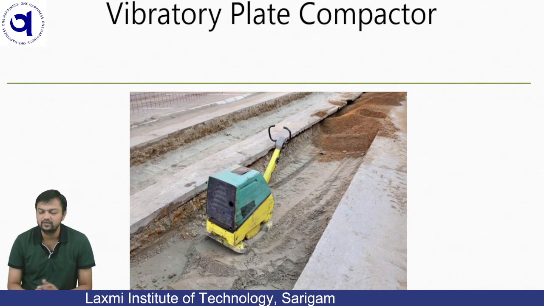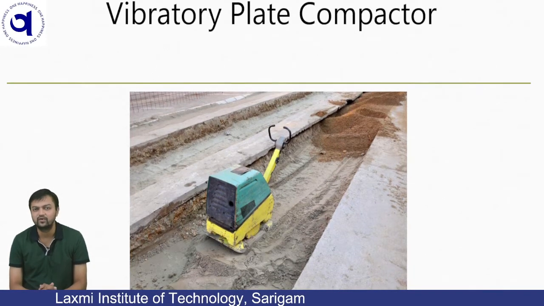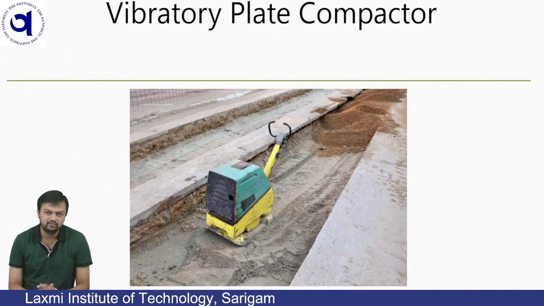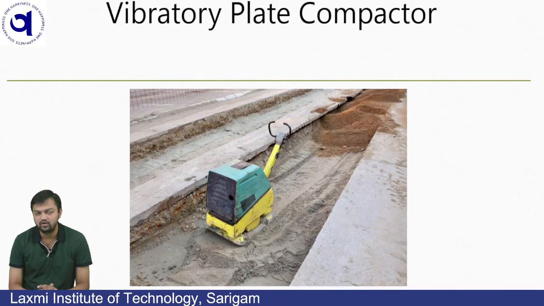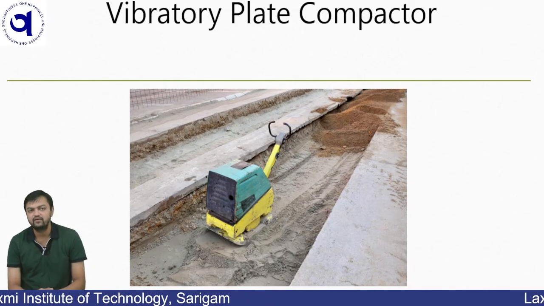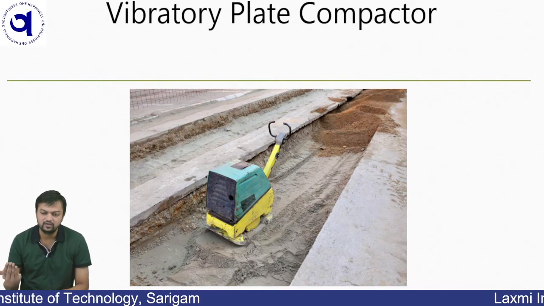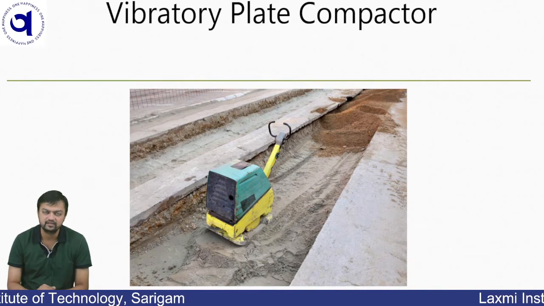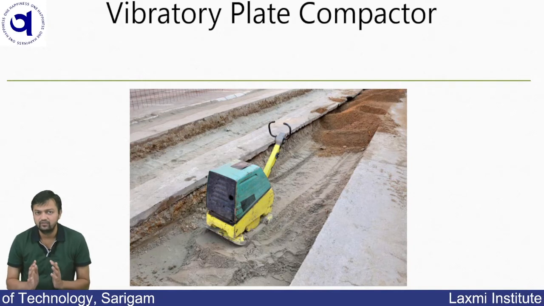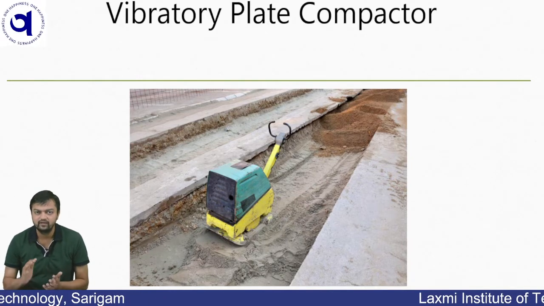Now we know that in road construction, the road is constructed using different materials like bitumen, cement, concrete, asphalt. So depending upon the top layer, that is the wearing course that we are going to apply on the road, we will select the vibratory compactor according to that. And depending upon the type of soil that is beneath that wearing surface, that is the base course, surface course, or the subgrade, we have to decide what compactor we are going to use on it, so that we get a compact soil.